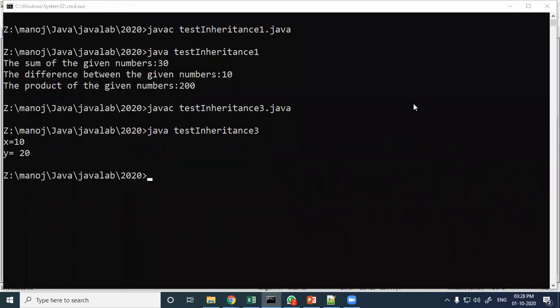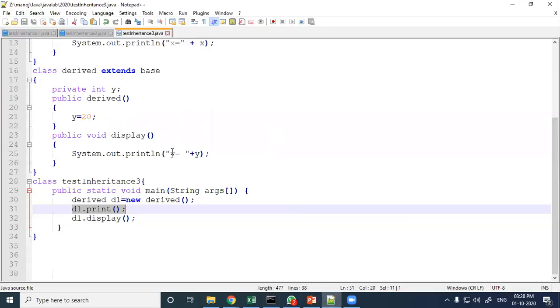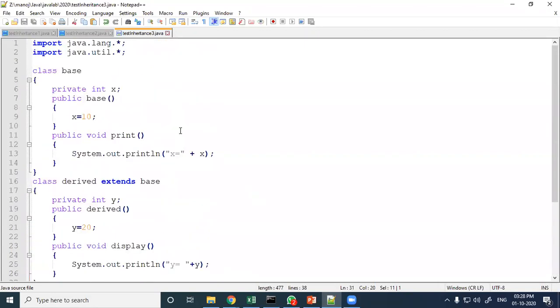Both constructors, that means the parent constructor as well as the child constructor, are automatically called. Here we have seen that when we create the object of the derived class, the derived class constructor is called, and before that, the base class constructor is automatically called also.